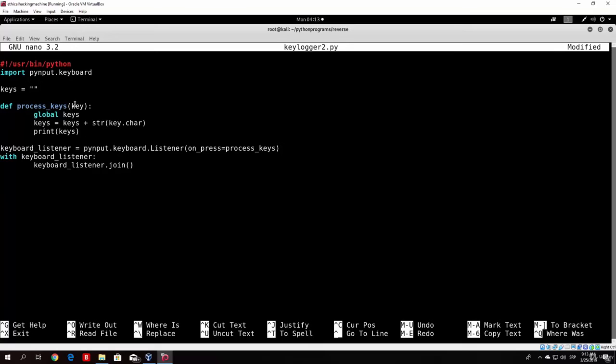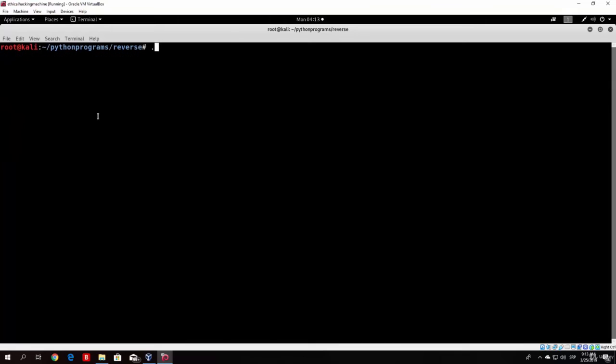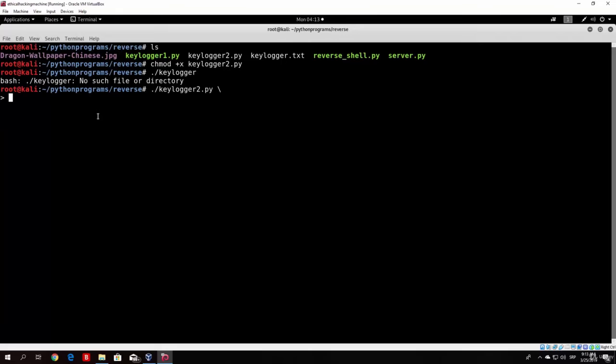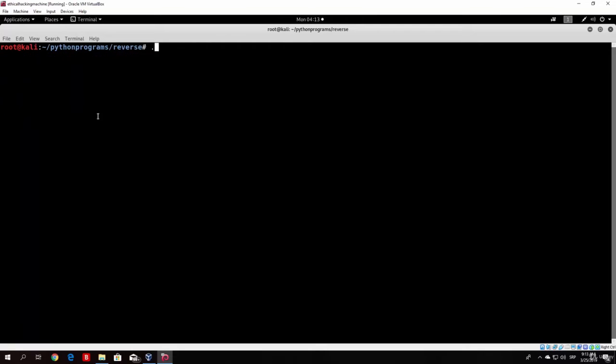So let's see what this will do. It will process the key in our function. Then since our keys is nothing, it will add to our variable keys the string of key.char. Then it will print the keys. Now this will print the keys forever as long as we are running this program and typing something on the keyboard. So let us Control O this, then Control X, and let us run the keylogger. Let me just make it an executable, keylogger2.py. And if we run it, whoops, let me just close this. If we run it once again and type here hello world,